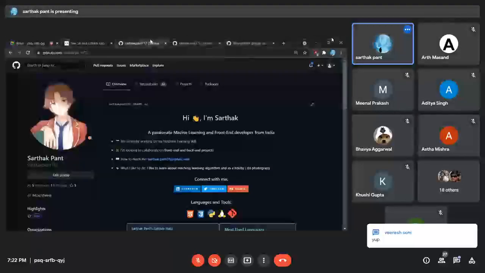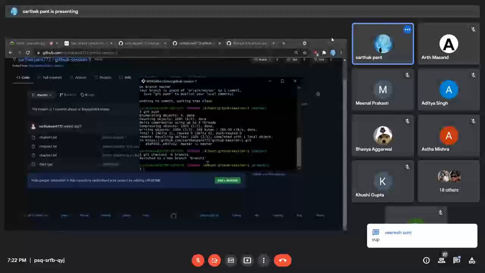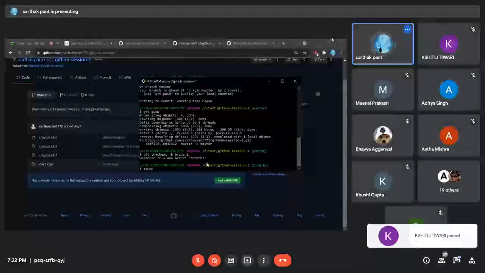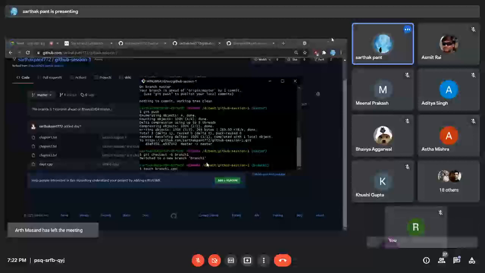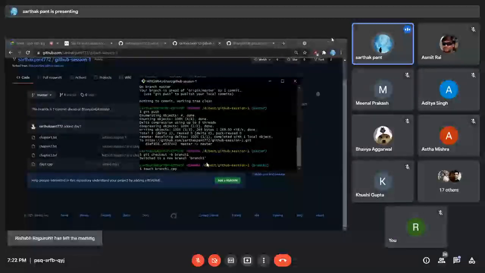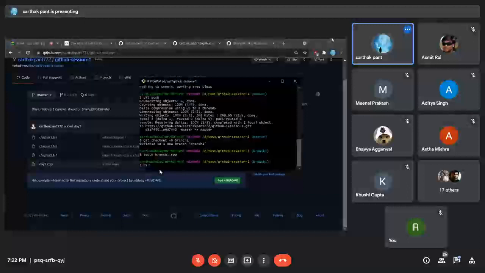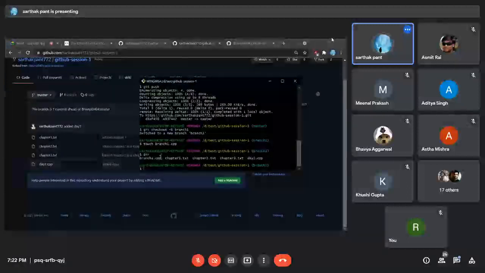Okay, cool. So in this branch also I want to add one more file. Let's say branch 1. So I'll do touch branch1.cpp, so as not to get so much confused. That's why I'm using branch 1 over here. I have made a branch1.cpp. Let's check it's been added or not. It is added.